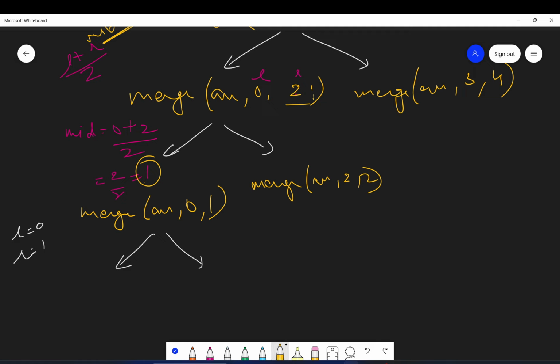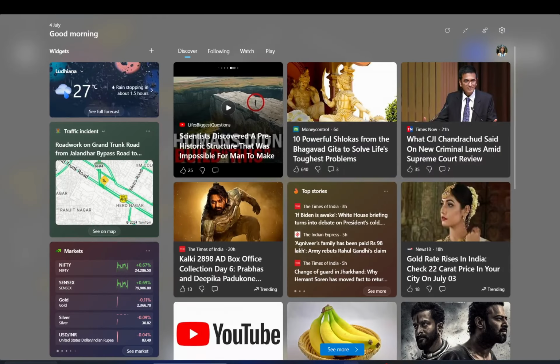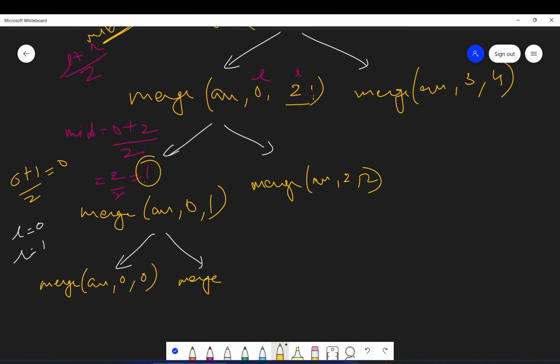The first division will be merge of ARR comma L is 0 to mid, where mid is 0 plus 1 by 2, which is 0. And the other call is from mid plus 1 to R. So ARR comma mid plus 1, mid is 0, 0 plus 1, and R is 1.